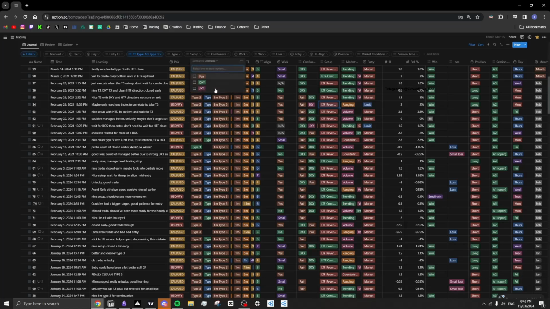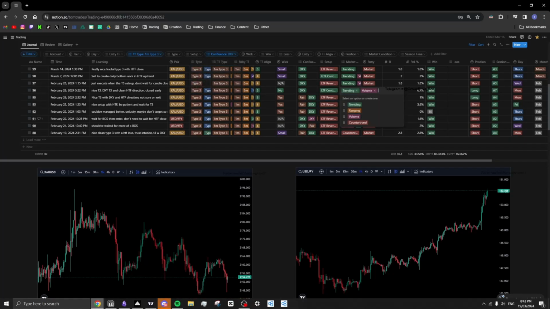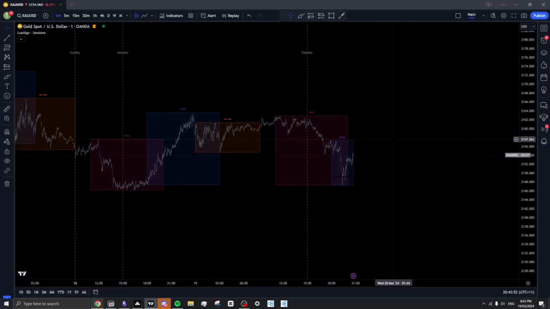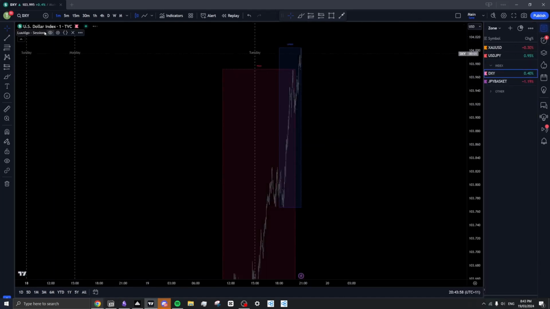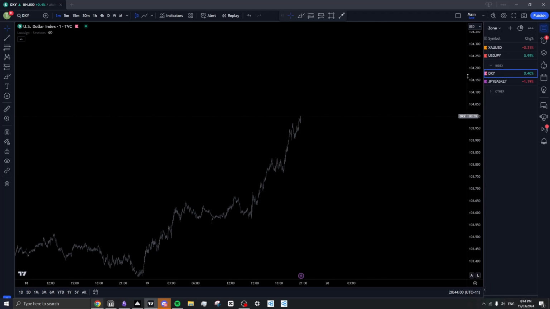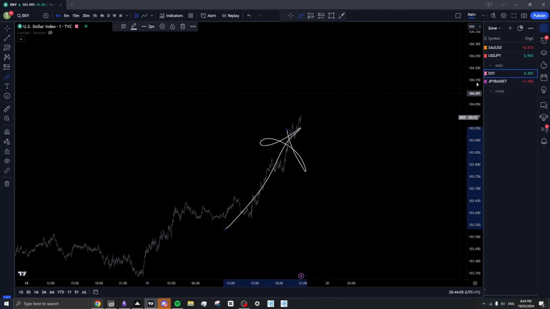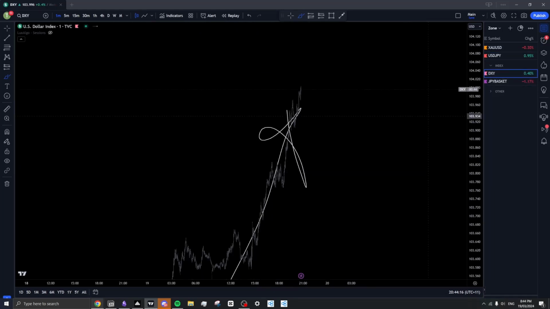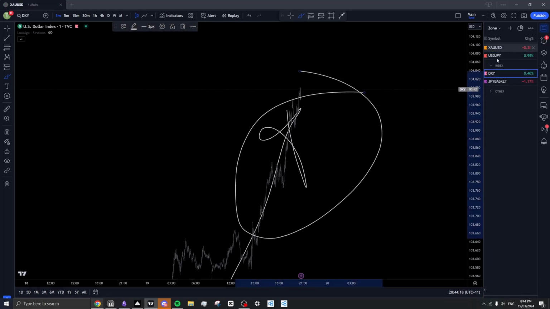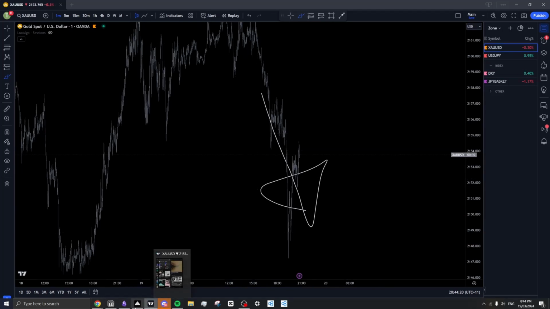Another thing I look for is the dollar index. Because this is gold, the dollar index will be inversely correlated. So most of the time when the dollar is bullish, gold will be bearish. So it's another way to find direction. It's just to stack probabilities in my favor. And I look at the dollar the exact same way I look at gold: counter behavior, market structure, through the lens of those two things.